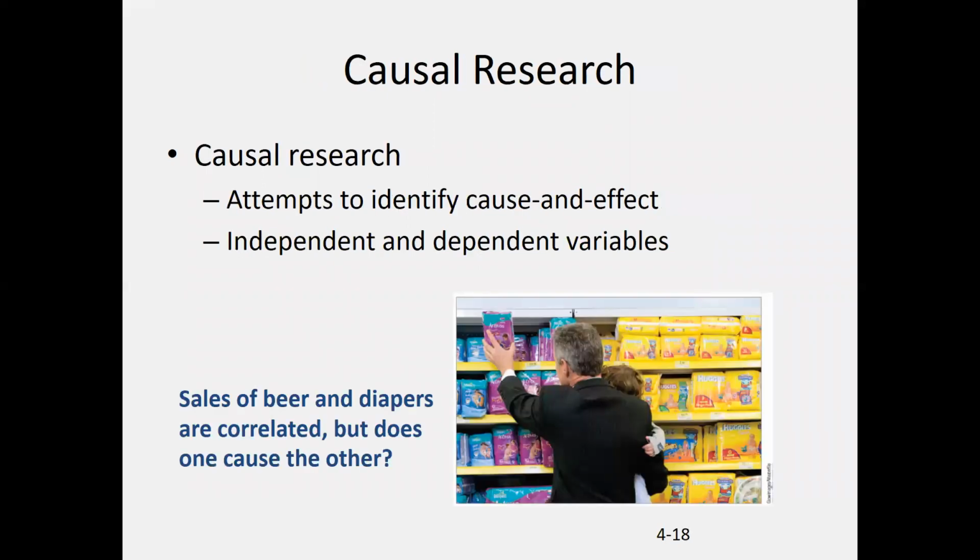Causal research is where we're attempting to identify cause and effect. I mentioned before that it is very rare for us to be able to conclude that we've actually found the cause of something. And that's because it is so hard to control for all of the other possible influences on whatever the effect is. So this is kind of like your basic biology class, where you would have an experiment with an independent variable and a dependent variable. So perhaps the independent variable is